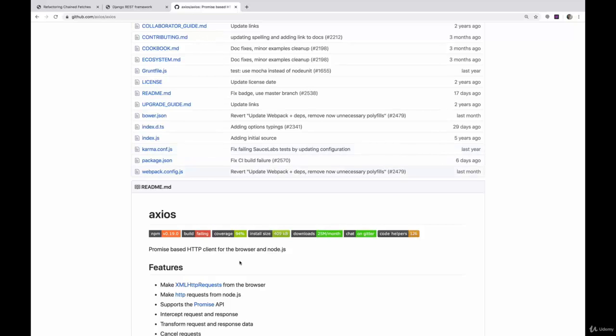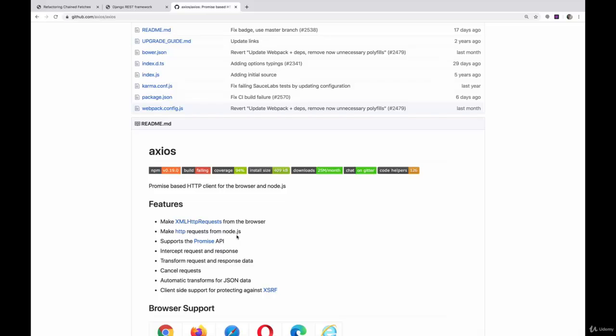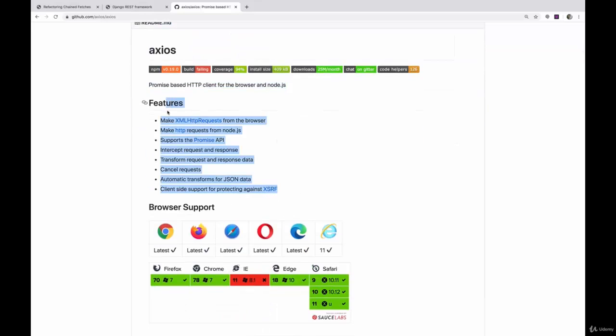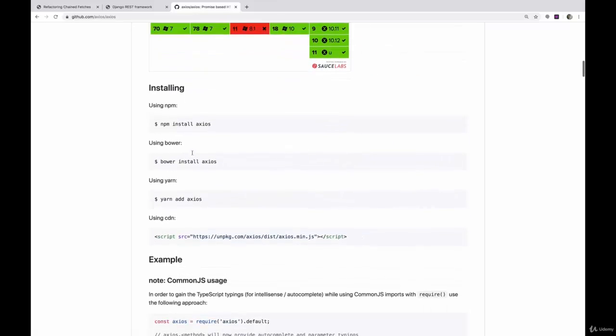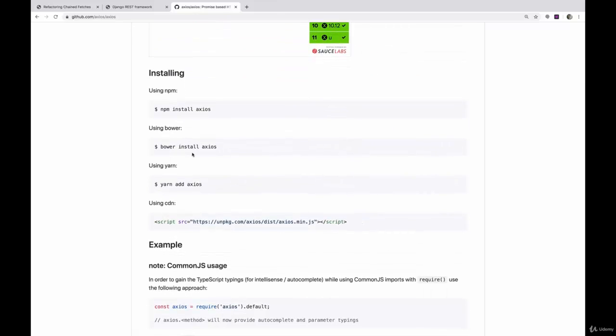So all that it does is it simplifies the process of making requests. It uses fetch behind the scenes, so it doesn't give us anything we can't already do. It's not somehow magically adding features to the language of JavaScript. It just simplifies things through a bunch of methods and objects that it creates that we can interact with. It is promise-based, just like fetch, so that means that we don't have to deal with a bunch of nasty callbacks. You can get a nice overview of the features here, but one of the most important features that people really like is that